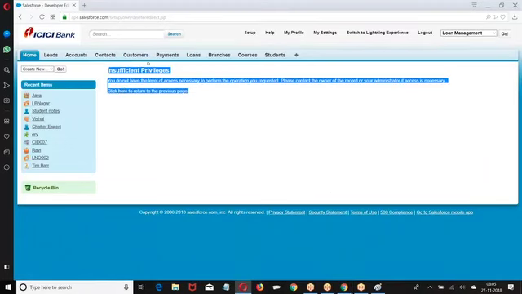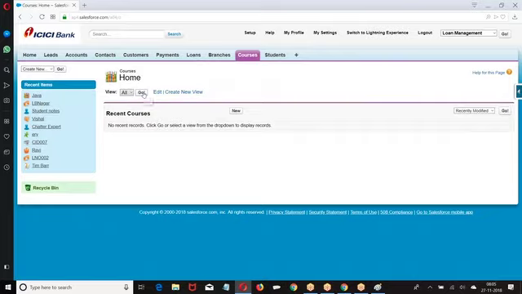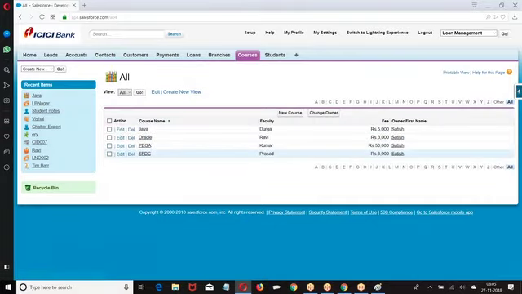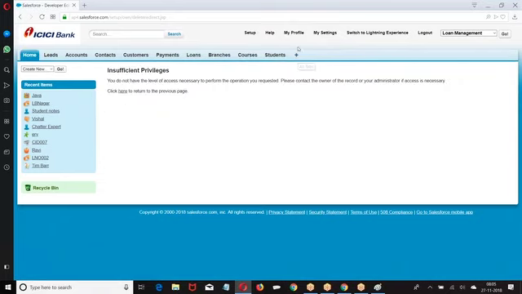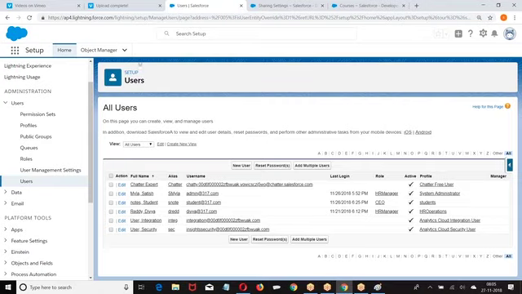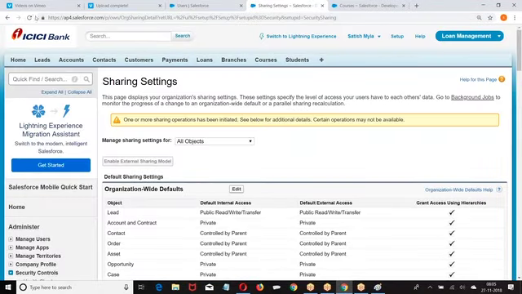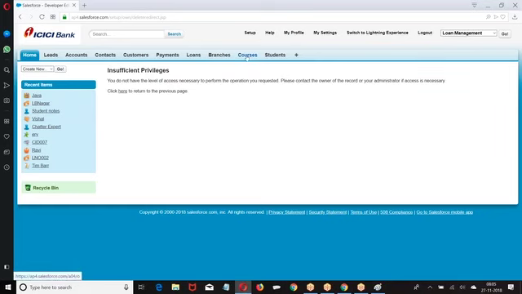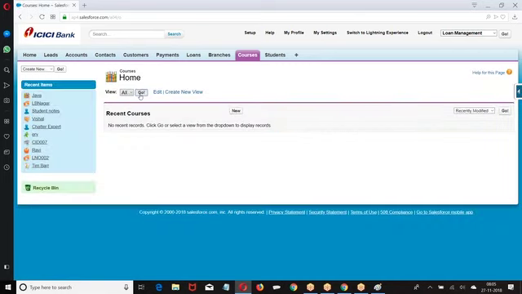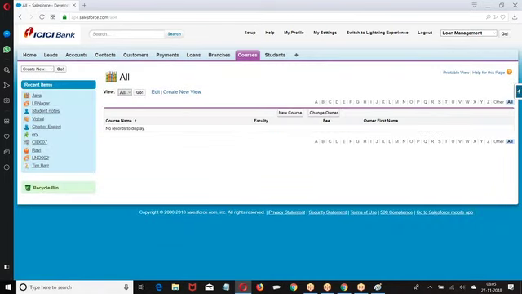Go back and see. Even though we gave OWD as private, still student will be able to see all the records. Even now, not updated.